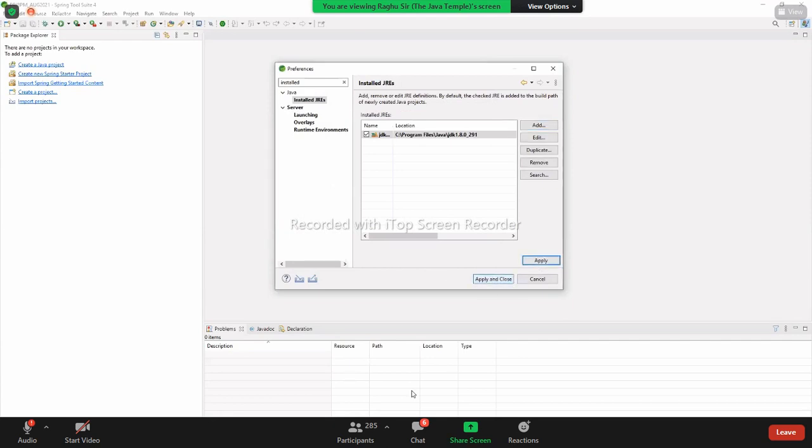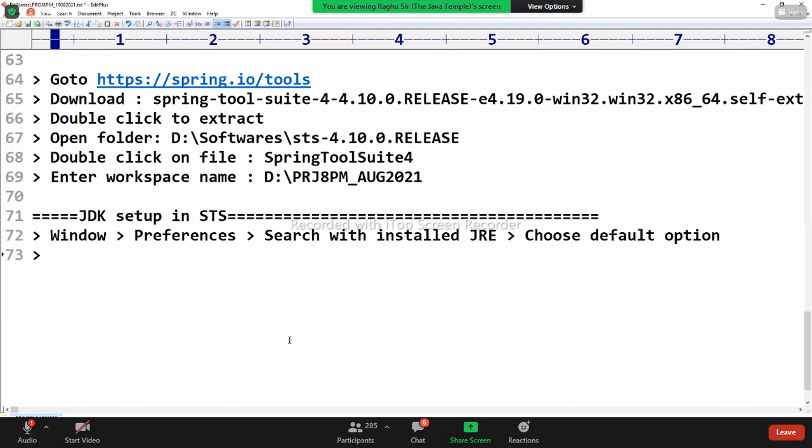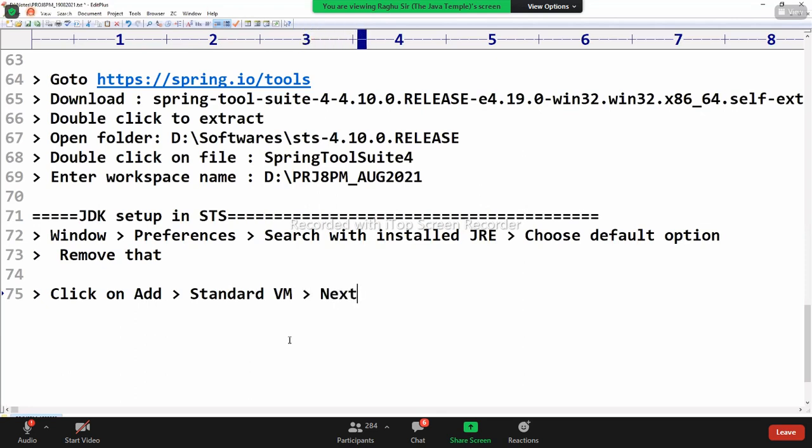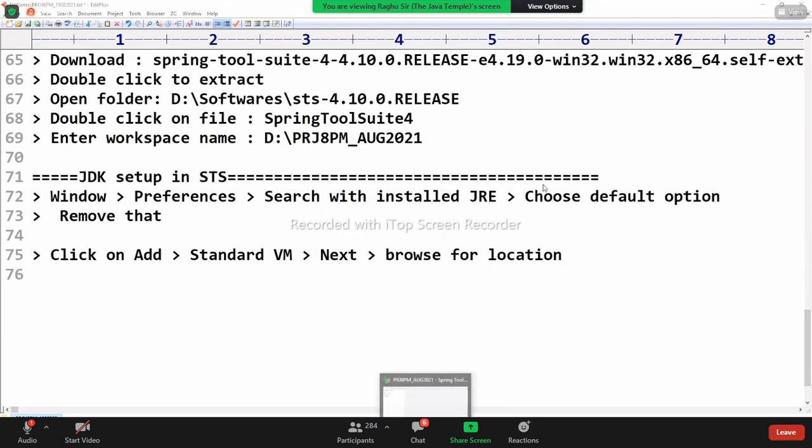Apply and close. Once you come to the default option, remove that. Click on Add, Standard VM, Next button. Browse for the location here.